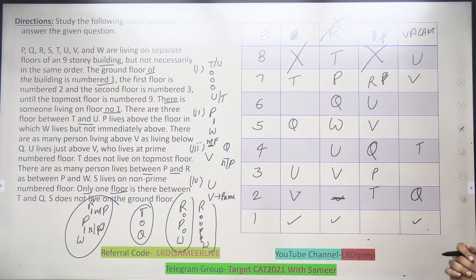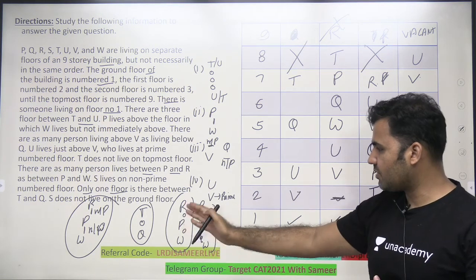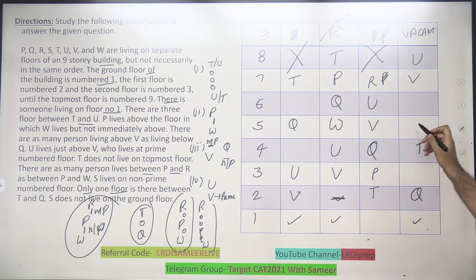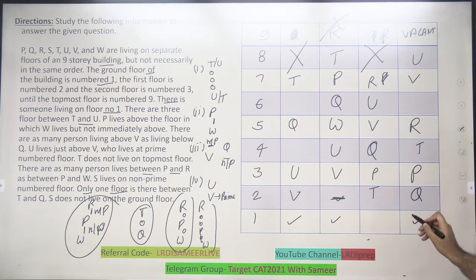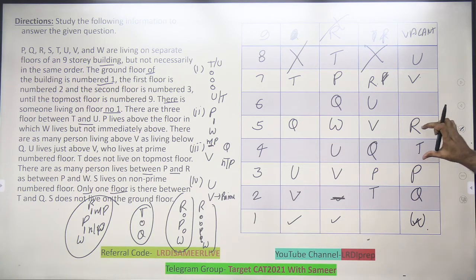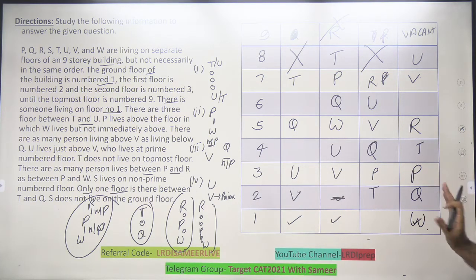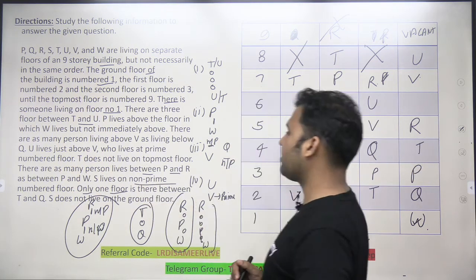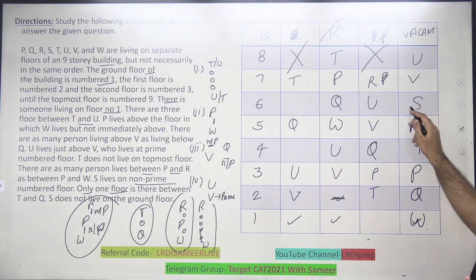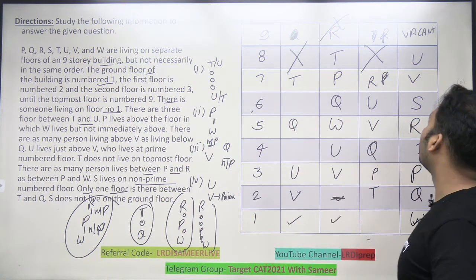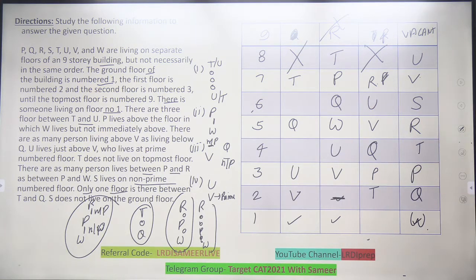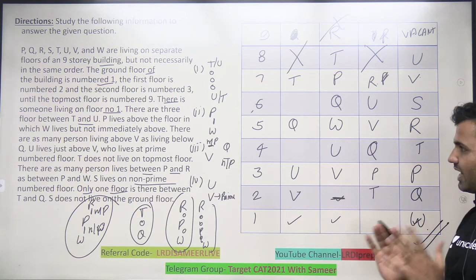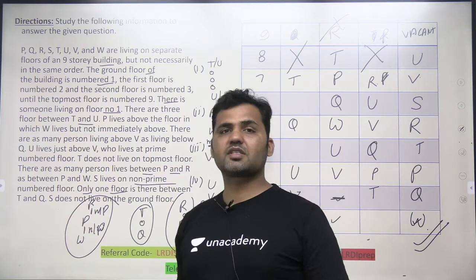Now, to satisfy this condition that a gap of 1 or 2 should be maintained between R, P and W, the only possible way is that R is here, P is here and W is here. And you can see that a gap of 1 between R and P is there, and P and W is also there. And then I am left with S, and about S it is given that S lives on a non-prime number floor. Now S will be living on 6, which is a non-prime number. 6 is a composite number. Now you see that in this particular case all conditions are getting satisfied, and that's the case, right? And this is the right arrangement of the 8 persons on the 9 floors with all these conditions getting satisfied.